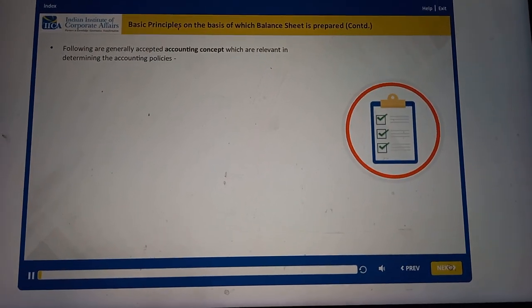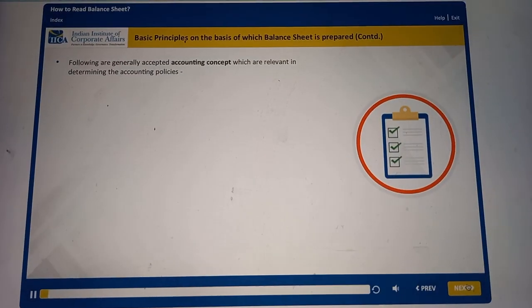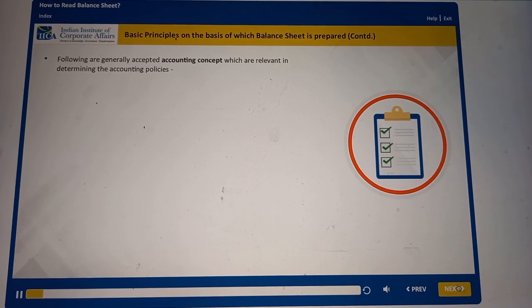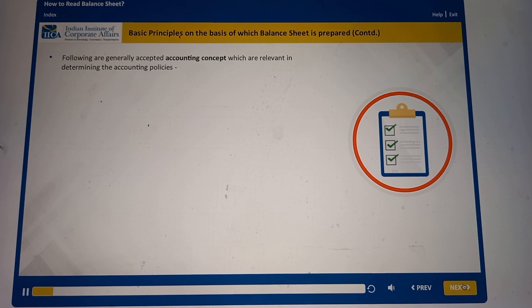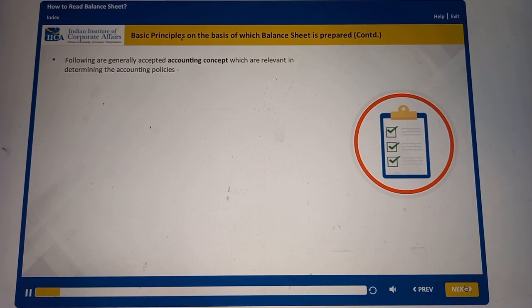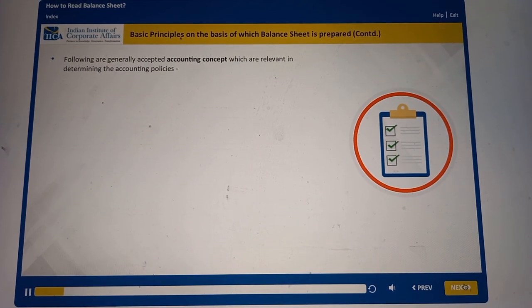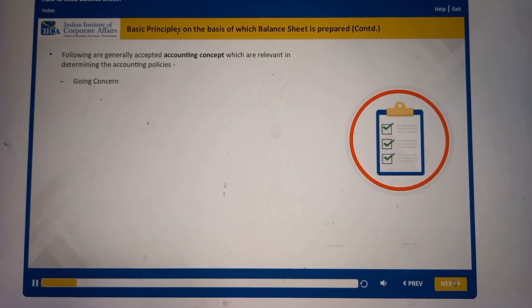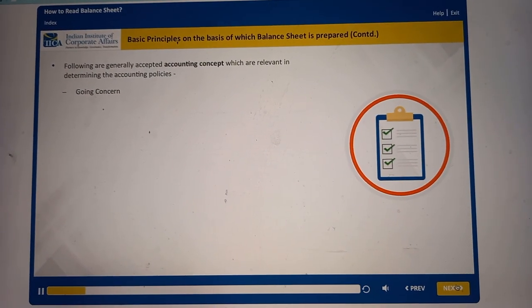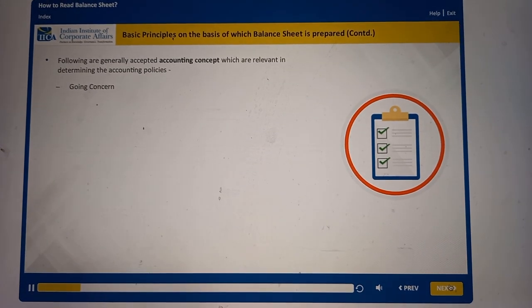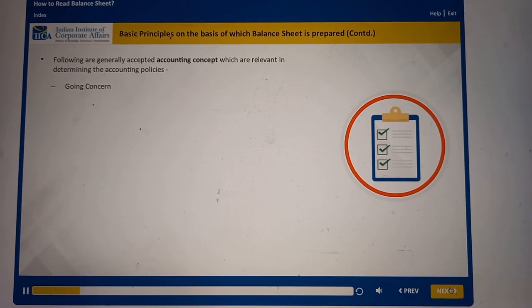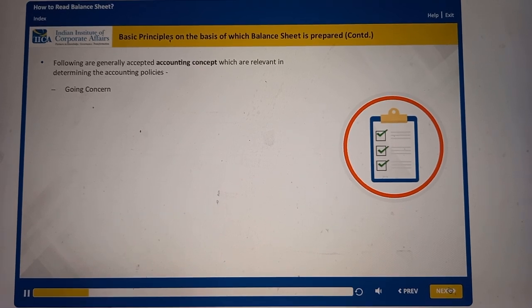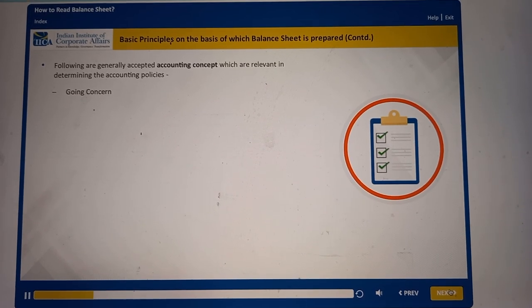Apart from the above, there are certain generally accepted accounting principles which are relevant for determining the accounting policies, and these are known as generally accepted accounting concepts, as under. One of them is going concern. Going concern means that when the balance sheet is prepared, it is always presumed that the company is going to be a going company. If a company is into a winding up stage or not a going concern, the accounting treatment